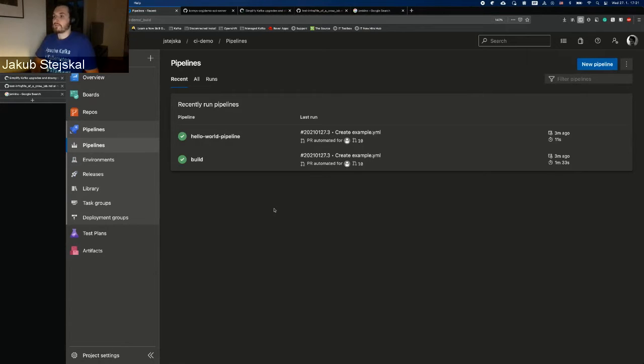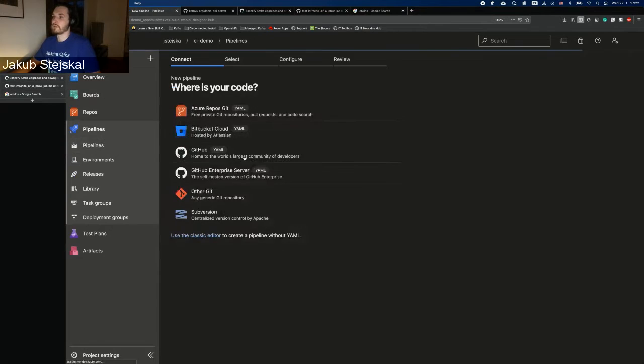I already prepared two pipelines. The first one is simple hello world pipeline, which basically prints something into the log, and the second one is for building the project and run the tests. I can show you how to create a completely new pipeline. It's very similar to GitHub Actions. You just need to hit the new pipeline button,